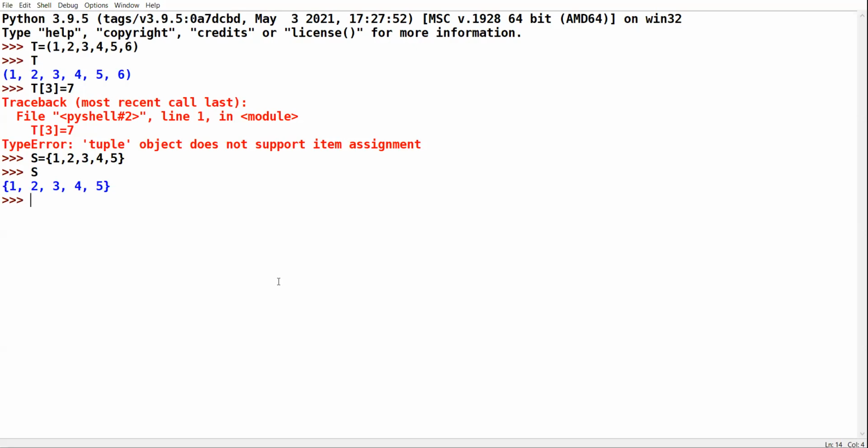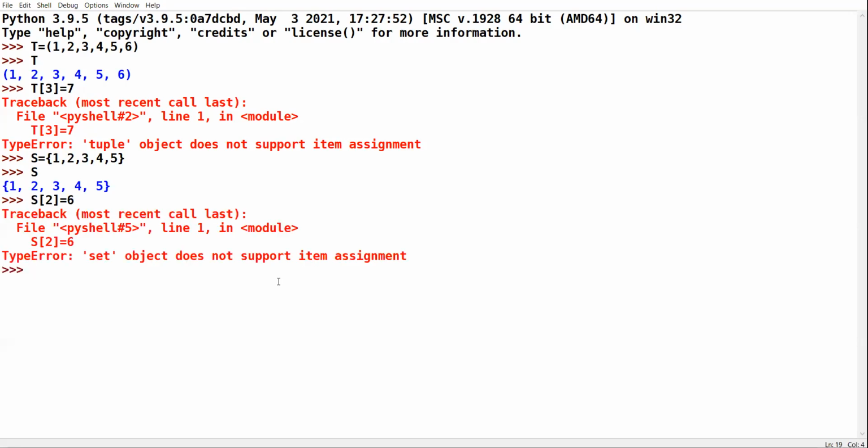All right. Now see. I try to update or change any value in set. I try to modify an individual element in set. It is not possible. Python doesn't allow it.